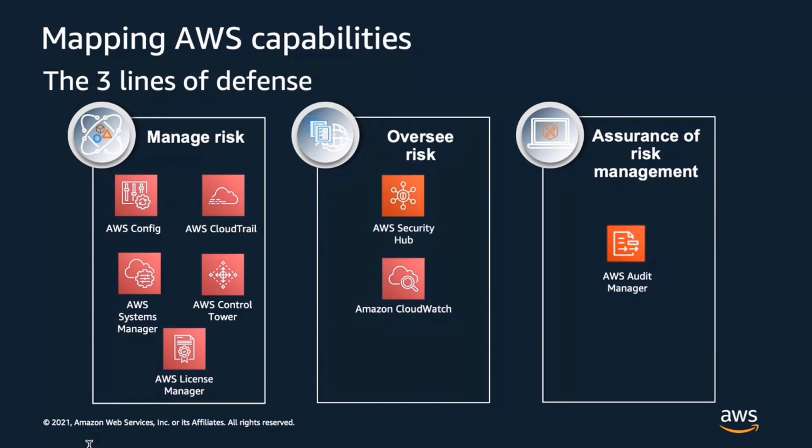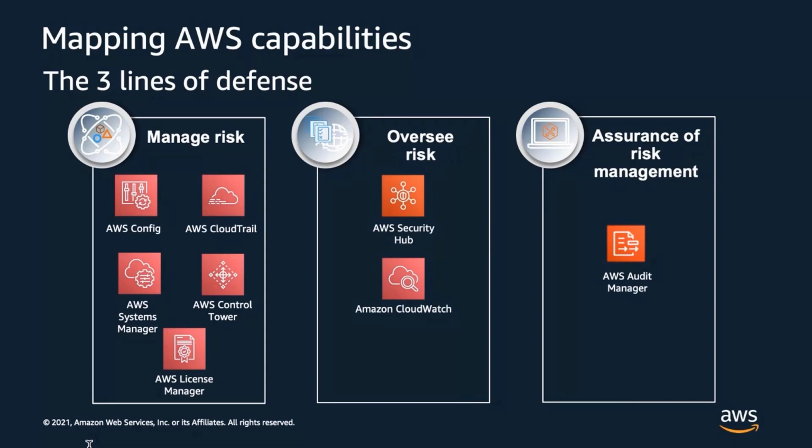We have mapped the AWS suite to these 3 lines of defense model as a quick reference of where service capability fits, with some overlap. The 2 use cases that we will drill down into more in the following slides have also been mapped to the 3 lines of defense model. The first line, manage risk, includes AWS CloudTrail, AWS Config, AWS Control Tower, and AWS License Manager to help customers implement operational controls